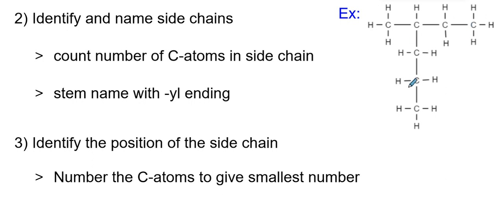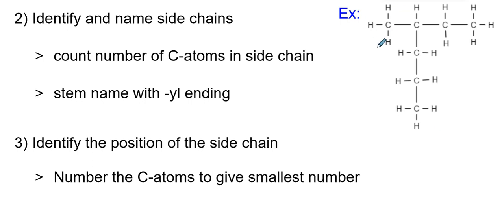So we have a hexane here. Off of that hexane, I see this group here, which is a single carbon, which is meth. But we don't just say meth, we say methyl, because it is the side chain off of the longer hexane. Additionally, now we want to number the carbons in this longest chain that will result in the smallest numbering on